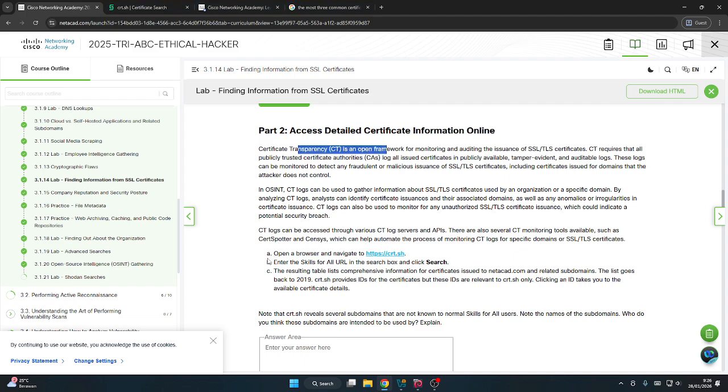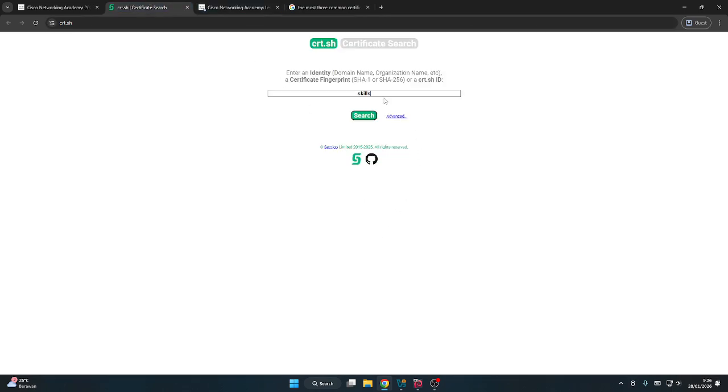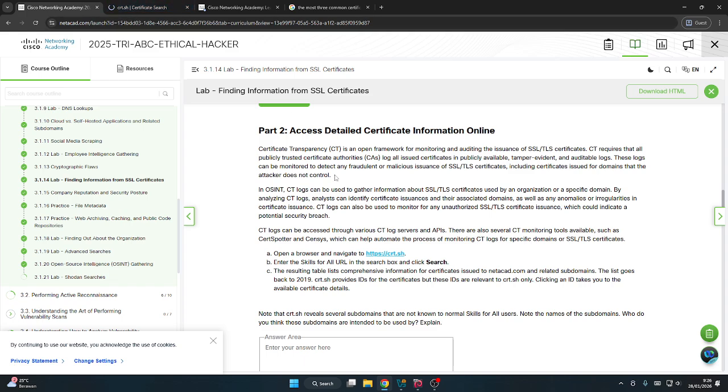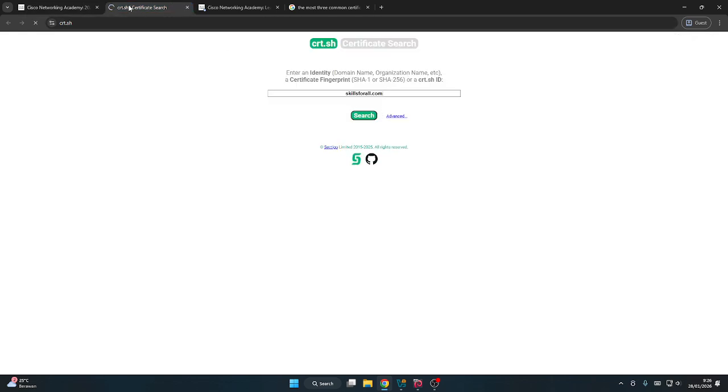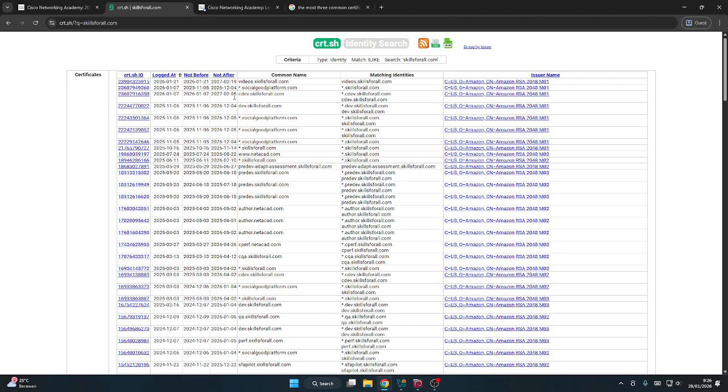Open the browser, navigate to here, and enter the skills for all URL in the search box. And put that skills for all. Here we can see there is a certificate ID, logged at, not before, not after, common name, matching identities, and issuer name.